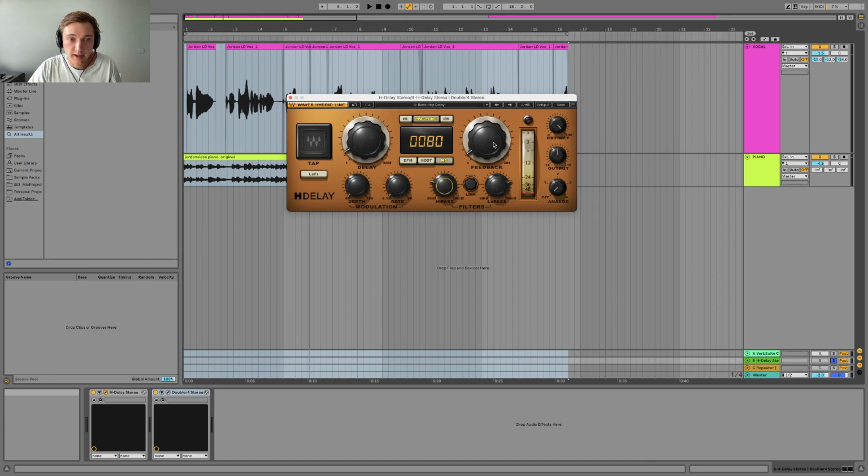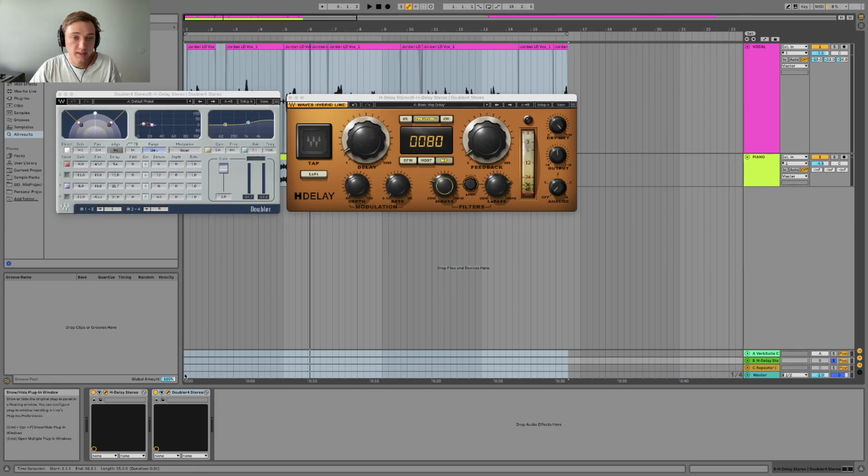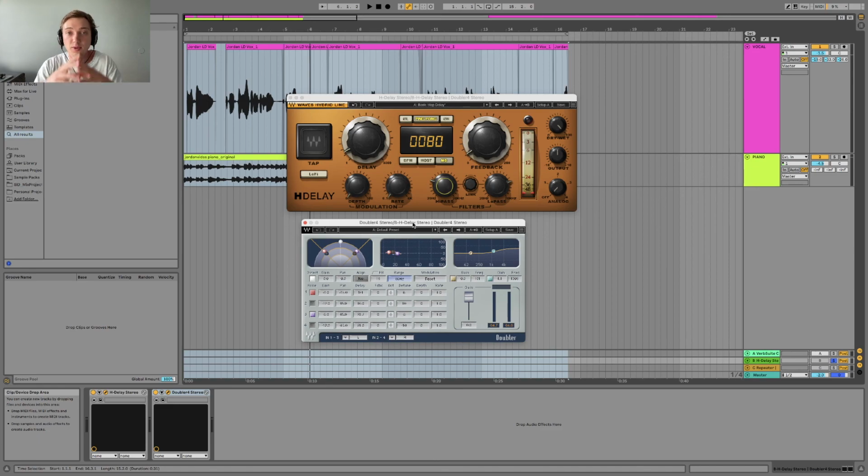It's a very short feedback, and then I have the ping pong setting on, so I want it kind of out of the way of that center vocal. Then this is cutting out some of the low end, cutting out some of the high end, and this is running through another widening effect, which is the doubler. So if I turn this off,